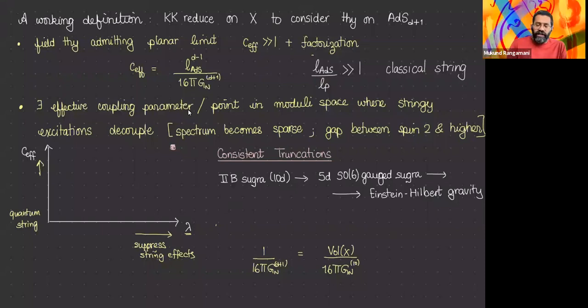So there are also various miracles, which is related to the earlier question, which I should point out. These are all miracles that were known to supergravity practitioners over many decades, but they form very useful computational tools in AdS/CFT, and they tell you something very interesting about what happens to the theory at large C effective. And this broadly I will classify under the scheme of what's called consistent truncations. And they basically do the following. If I look at type IIB supergravity on AdS5 cross S5,